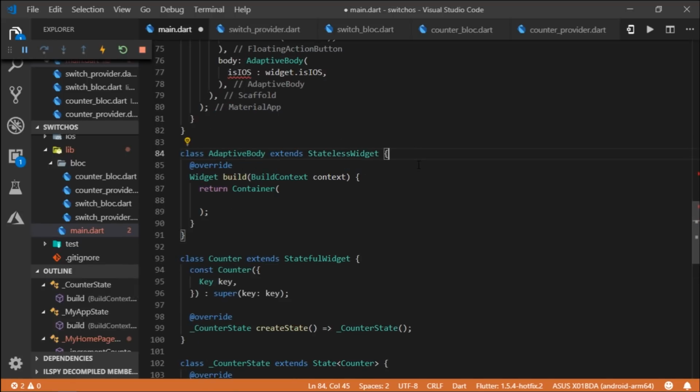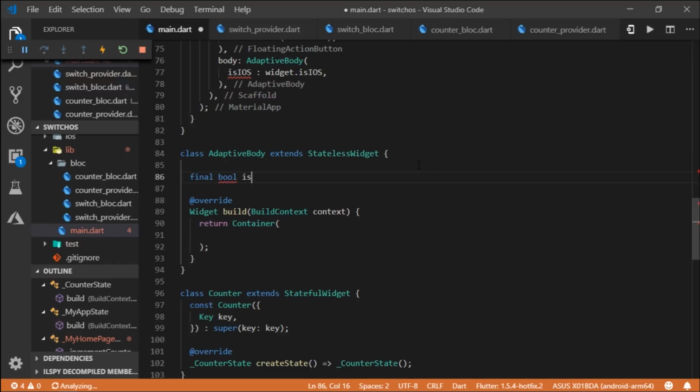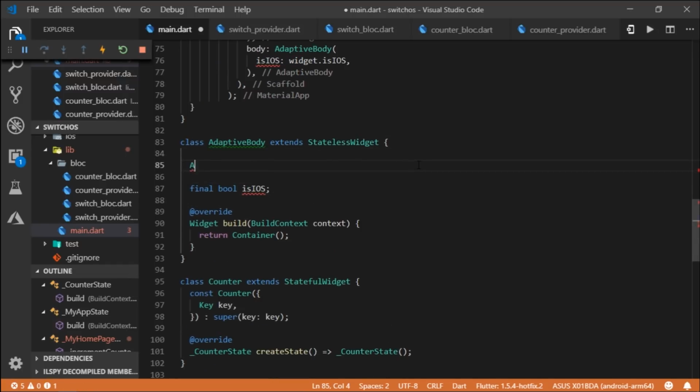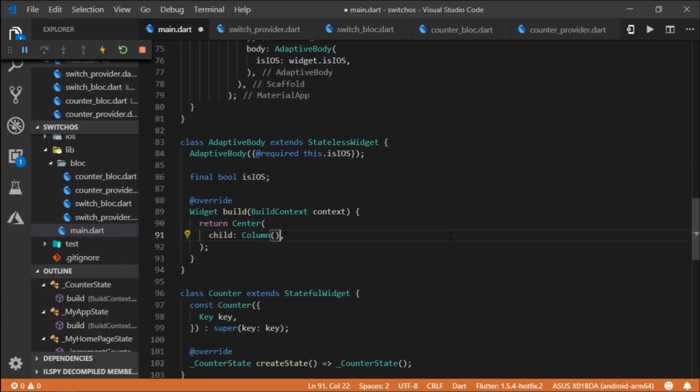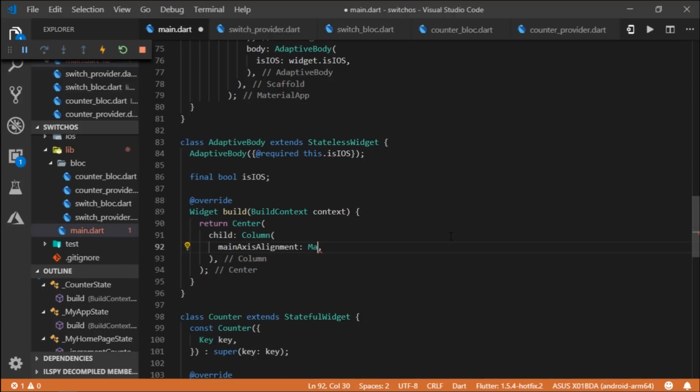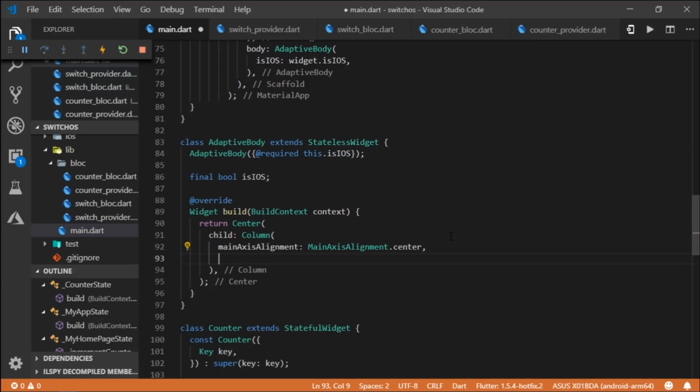Then I'm going to create a variable called final bool isIOS, and then I will create a constructor, and here I will initialize the isIOS variable just like this, and I will mark it as required. Then I will override the build method, and I'm going to return the center widget, which would take a column as a child, and I will set the main axis alignment as main axis alignment.center, and inside of the children